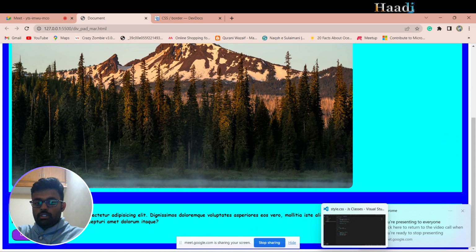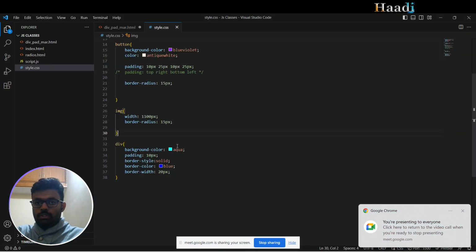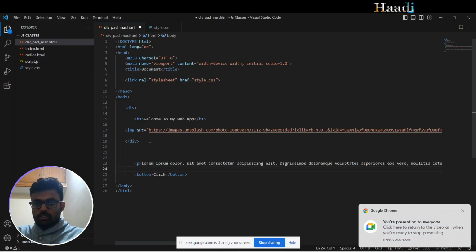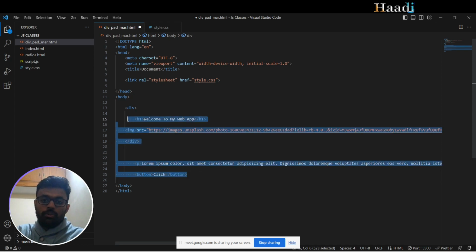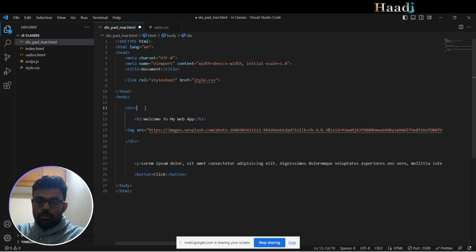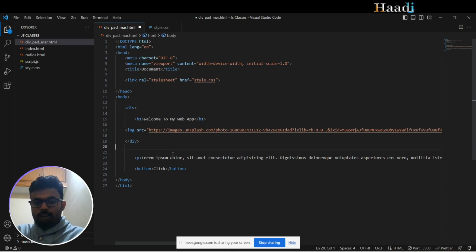Let me just remove everything from here. You guys don't have to remove, you can continue from wherever it is. I'm just removing everything from here. I'll just remove this